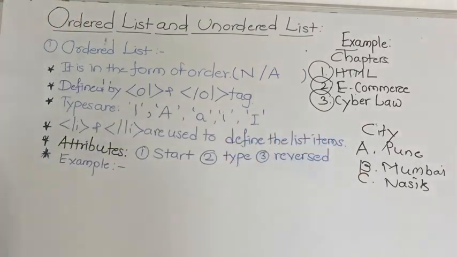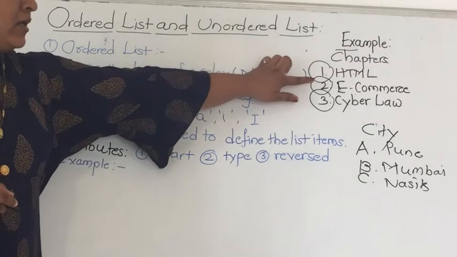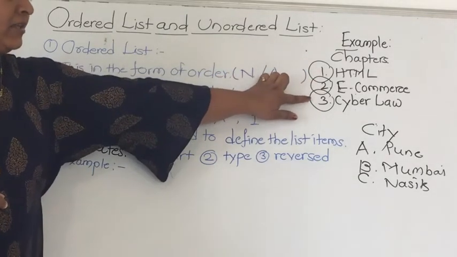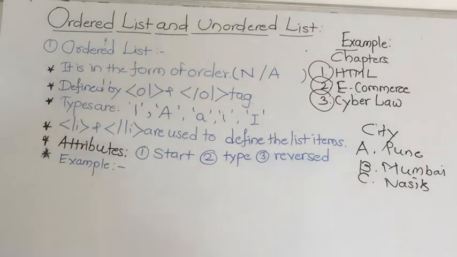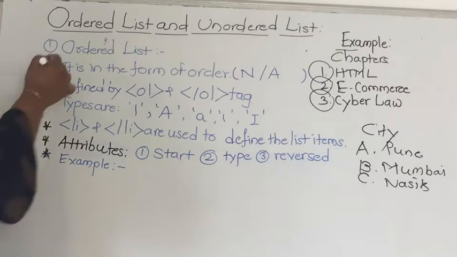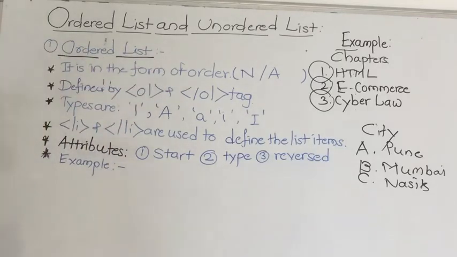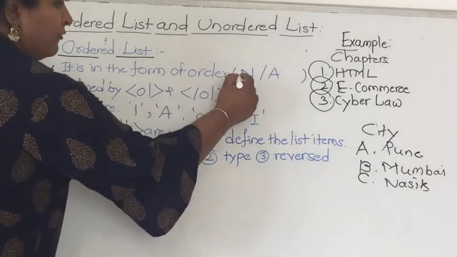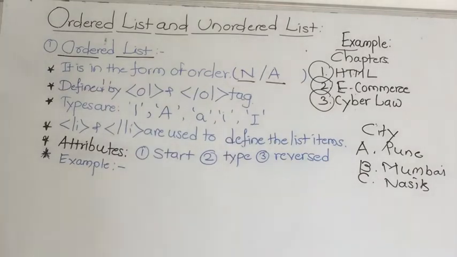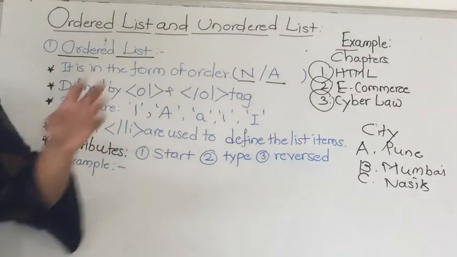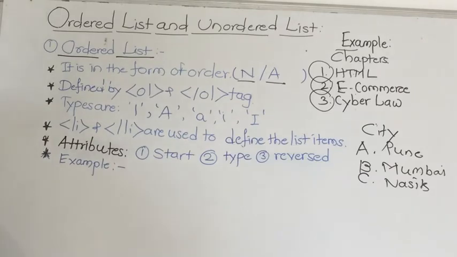Now this is a sequence which is in order. So here 1, after that 2, after that 3, again A, after that B and after that C is written. So this is known as an ordered list, where the order is important. The order may be in the form of numericals or alphabets. Numericals are from 1 to 9 and alphabets you can use from A to Z.